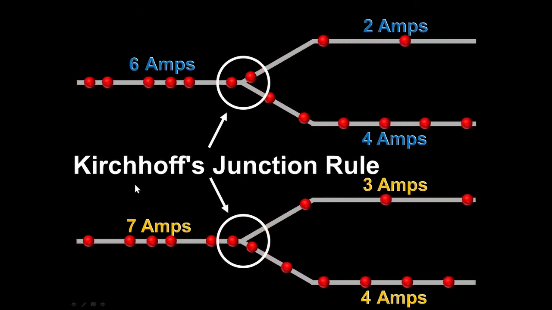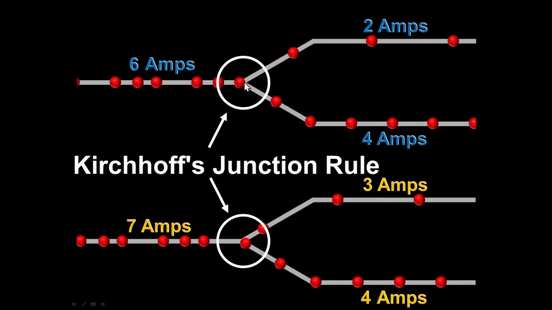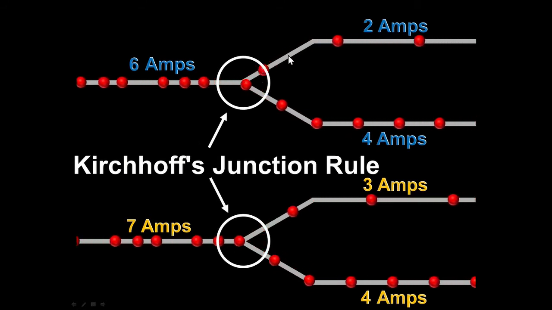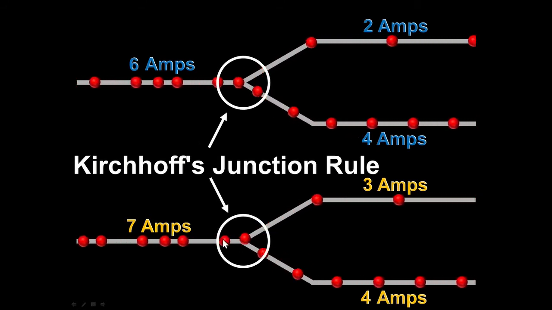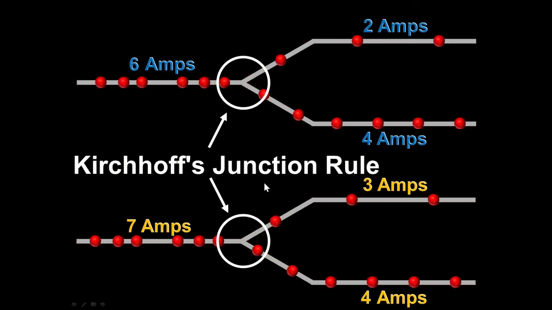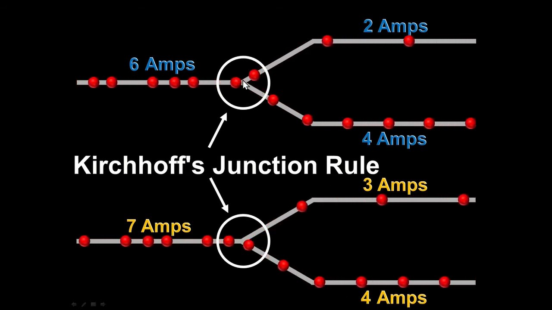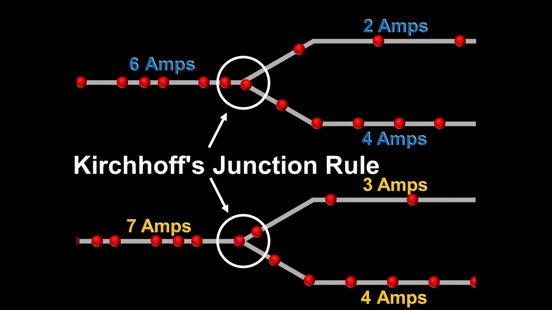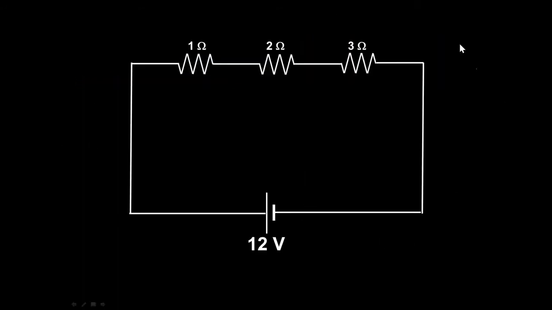And then I just want to remind you about Kirchhoff's junction rule, that if we have a split where either different paths are coming together or one path is split into other paths, the total current coming in should equal the total current going out. Now this is just a simple schematic diagram. These little jaggly lines here represent a resistor. This is a battery. The long end is the positive side of the terminal, and the short end is the negative side. So we've just got 1 ohm, 2 ohm, and 3 ohms,